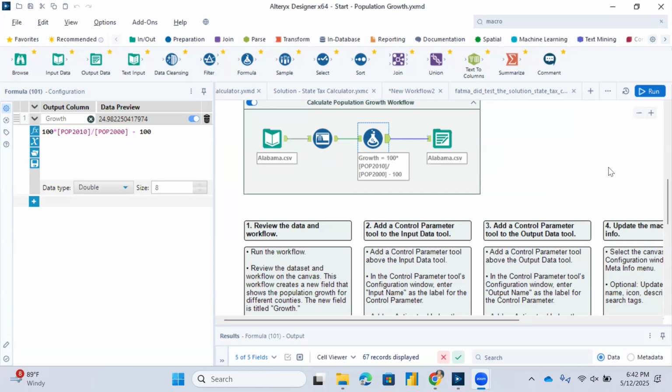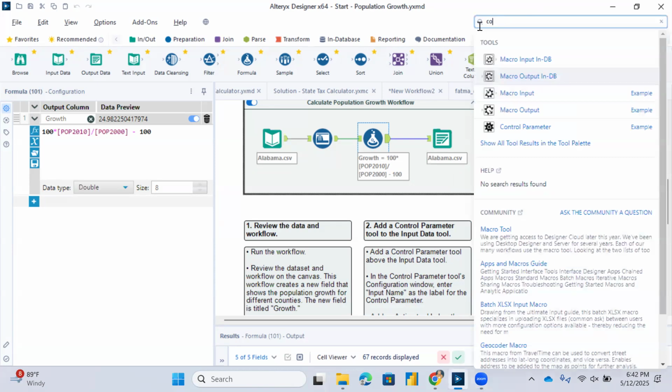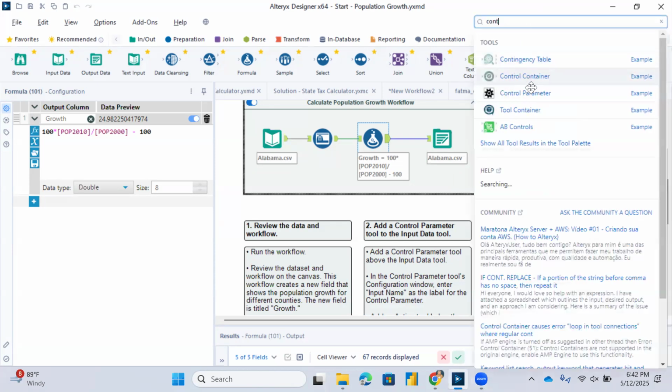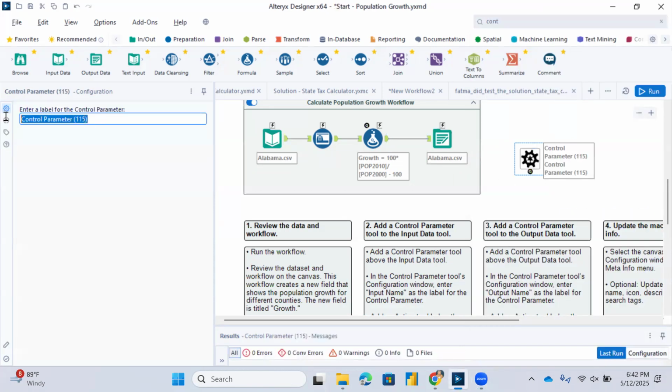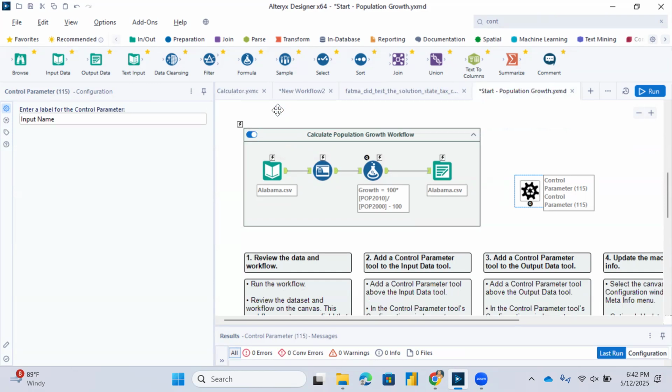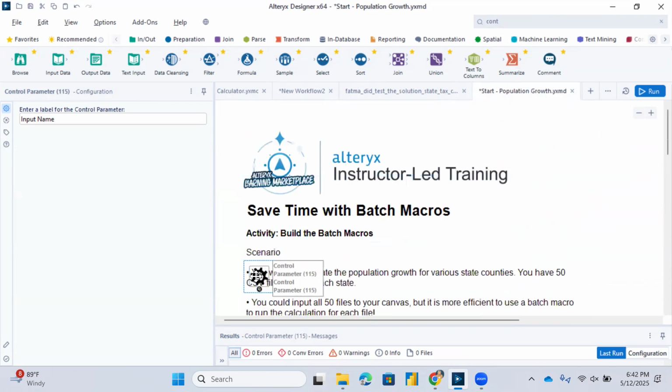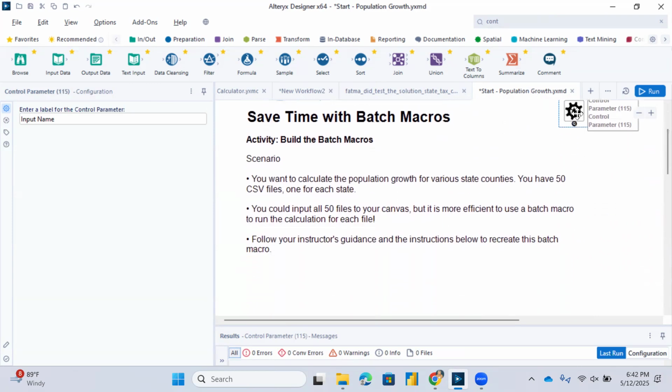Okay, so let's add a control parameter. We know that we need a control parameter anytime we want to have a batch macro. We'll create a label called input name. And then the instructions on this one are very prescriptive, but if we connect the Q of the control parameter,